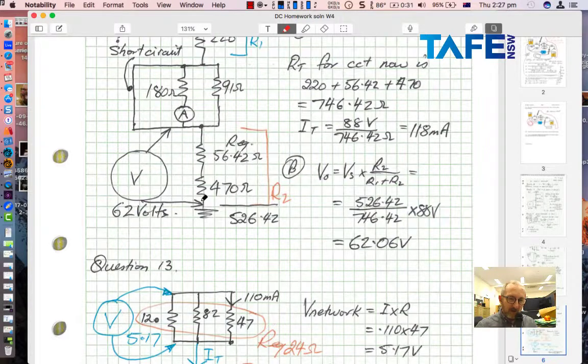And then we can work out, I've done it again using a voltage divider. Have to look closer at that circuit next time. And I got 62.06 from this point down to ground. But of course, if I'd read that circuit more correctly, I would have found out that I had,